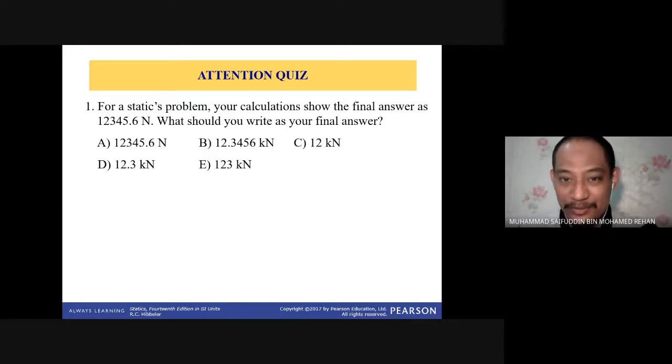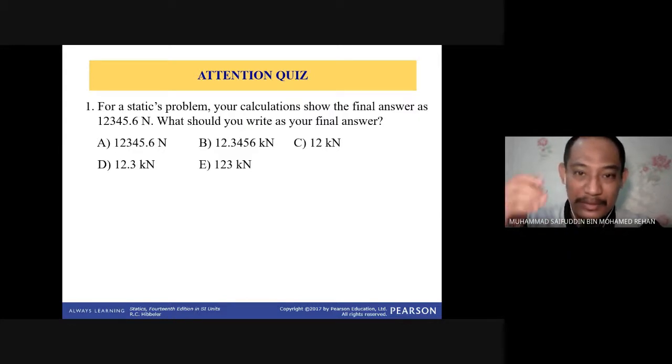That's wrong because 1, 2, 3, 0, 0 is not equal to 1, 2, 3, 4, 5, 6. So that's why they will change. Normally when they want to make it 3 significant figures, they will go up in the unit, like here, right? They will make it kilonewton and then they can make it 3 significant figures because with a decimal point you can round